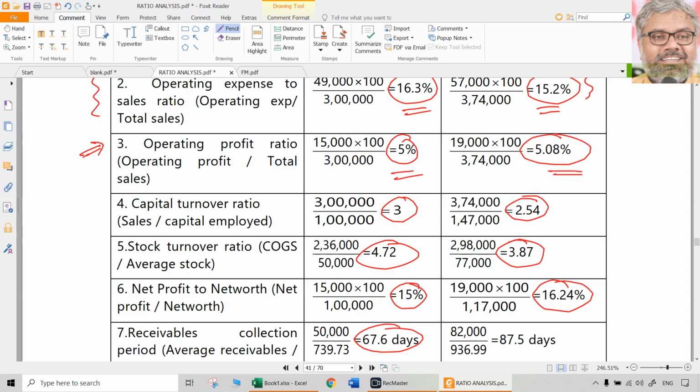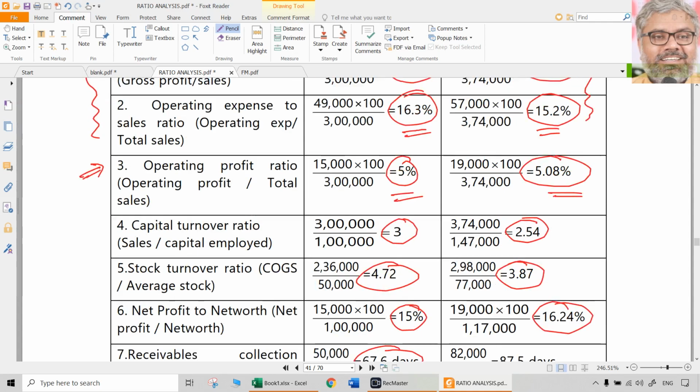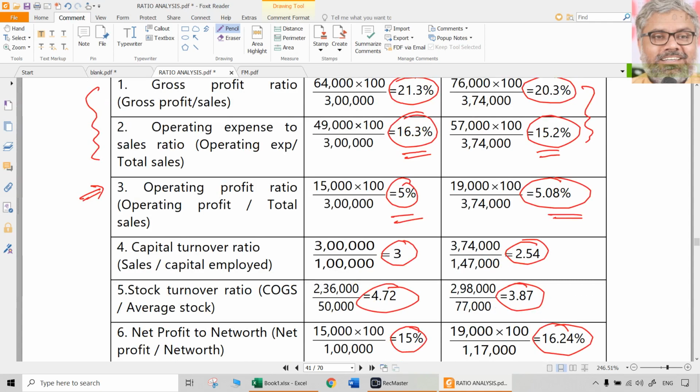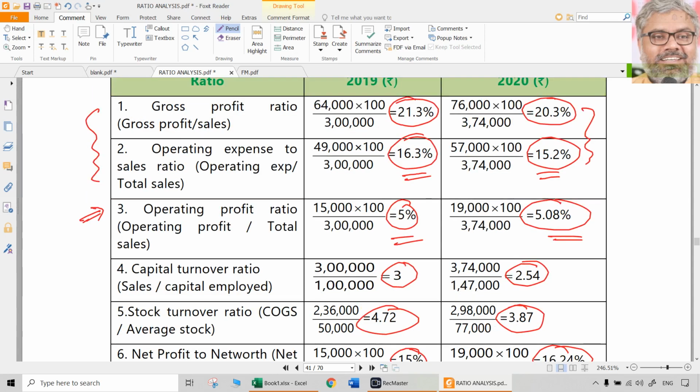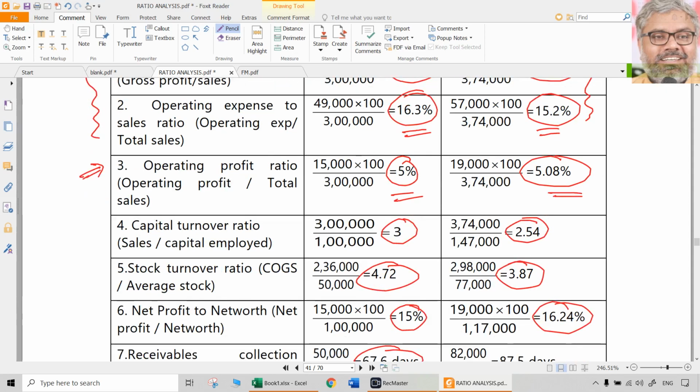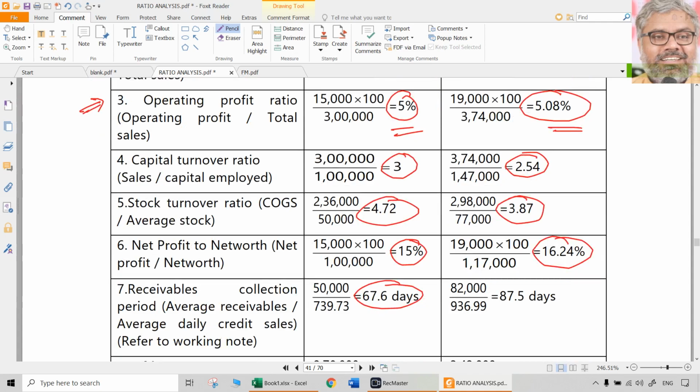In another way, we can say whatever the benefit of the operating expenses reduction, meaning the less than proportionate change in operating expenses when compared with sales, that benefit is nullified by the increased cost of goods sold when compared with sales. So ultimately the net profit ratio or operating profit ratio, since both are the same in this case, has increased only marginally. That can be the third interpretation.